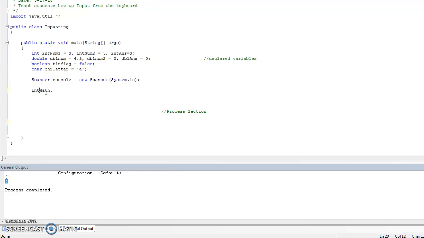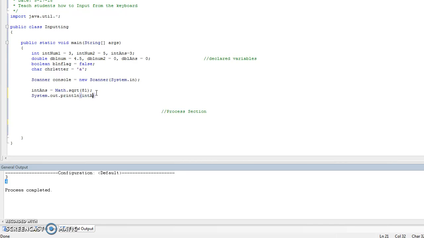Let's go int ants equals Math dot, let's go square root of 81, and let's go ahead and go System dot out dot println